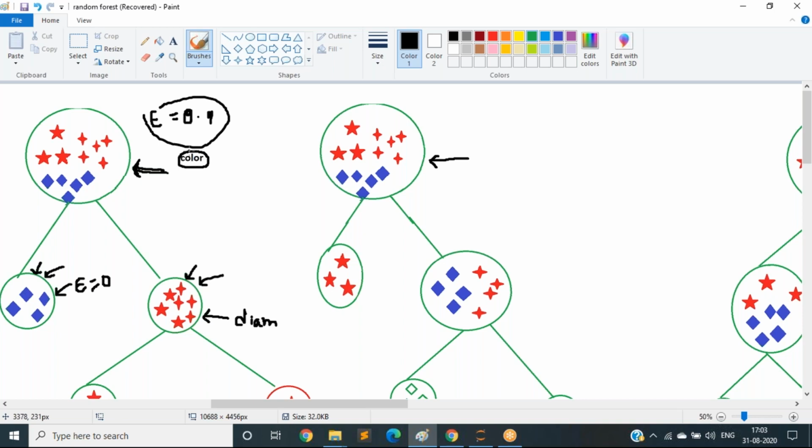For the color, maybe the information gain is more, so it has split with the color. Can you tell with what decision it has split your data here? Diameter. If it has split your data with diameter, these two will come under one group, but these two have come under one group. Can you see that?